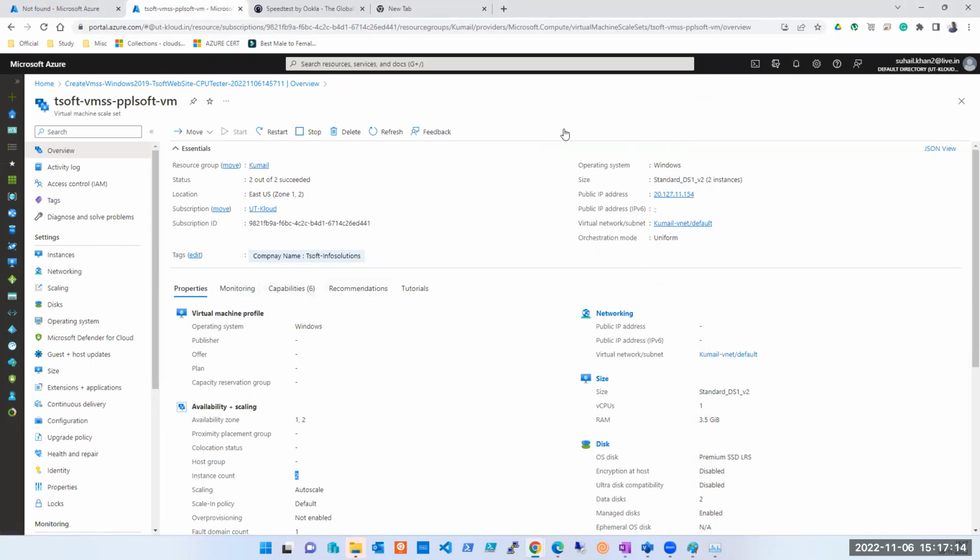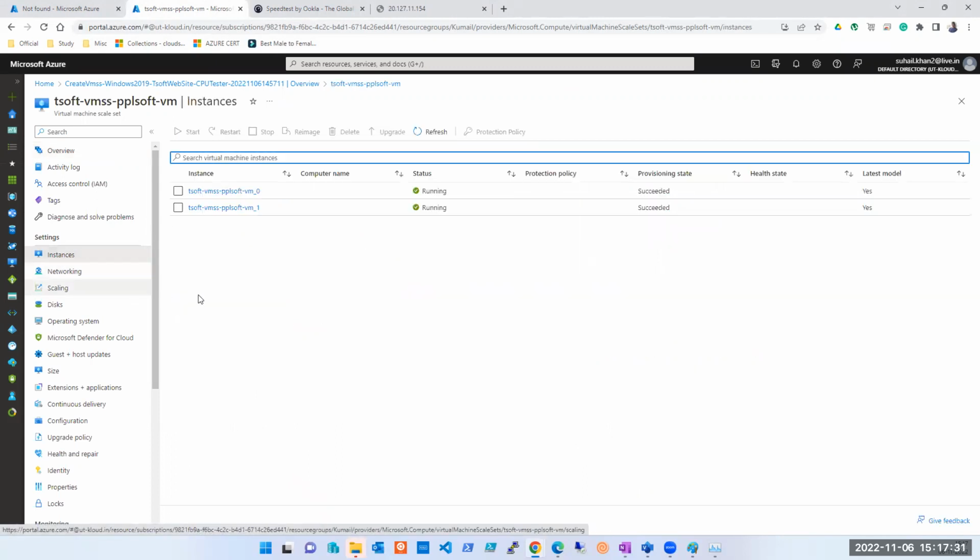Now if I want to see the machines in this, where can I see? Who can quickly tell me? Okay, I can see there are 2 machines, but where are those 2 machines? Where can I see? See, status 2 out of 2 succeeded. It's done. Yes, Instances. Instances, correct. Here, we'll see. Now these are the 2 machines I have. Now, if you guys remember, I did not give any number. The naming convention I was talking about. So this is how it works. I will just leave it till VM and it will start giving numbers. VM underscore 0 underscore 1. This will start happening.